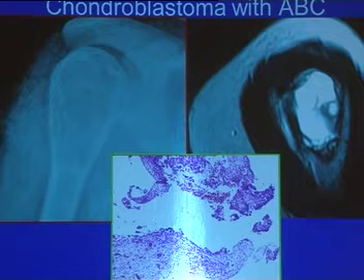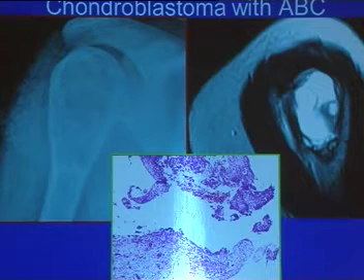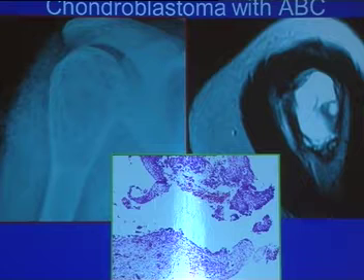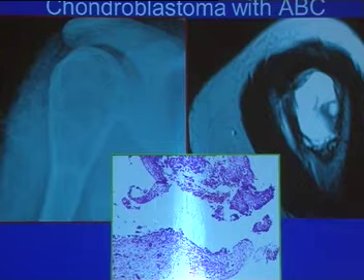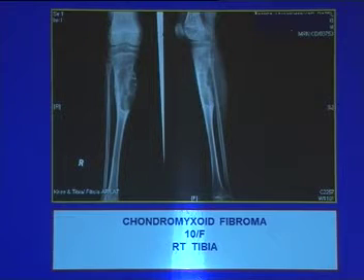Several of these tumors can be associated with an ABC component, and chondroblastoma is one of them. You can see the ABC component highlighted over here, and in addition to the chondroblastoma, we have this on histology as well. The message for the junior members of the audience is, if you see an ABC-like tumor, one should always try to see the big picture, to make sure there isn't another pre-existing primary lesion.